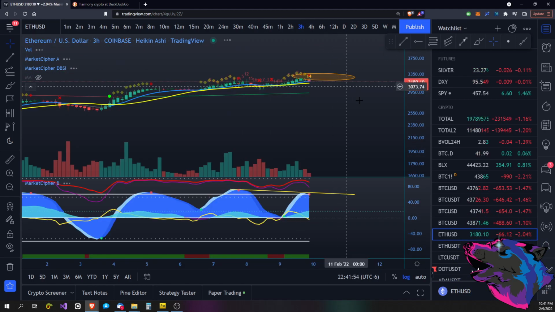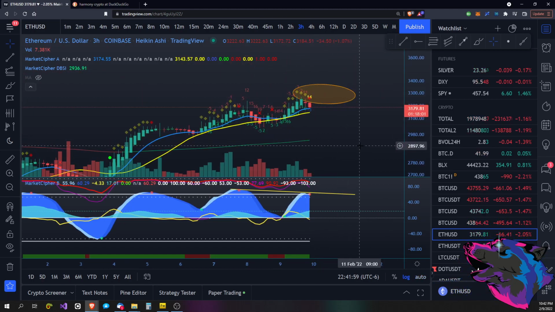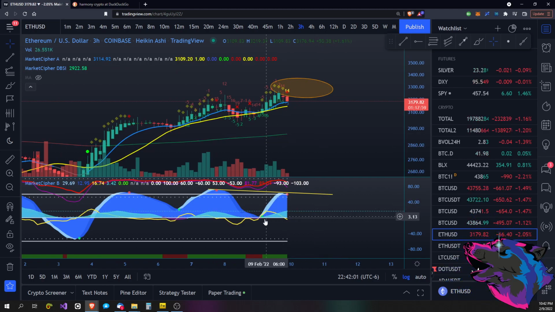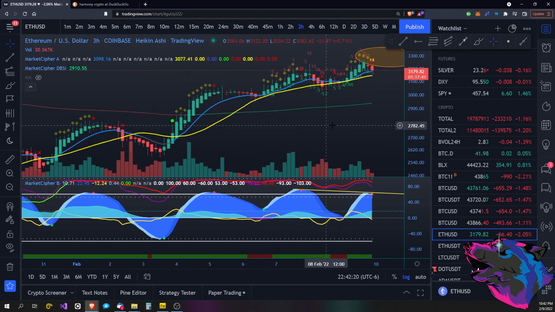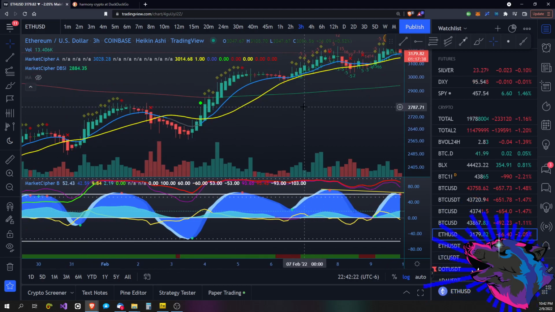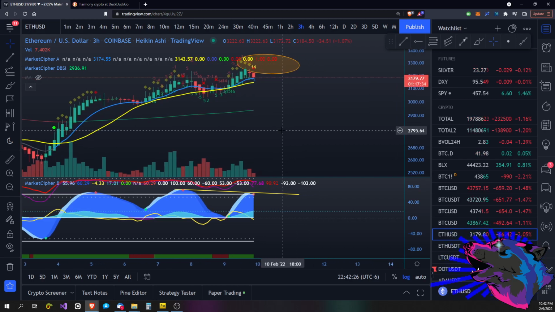Let's come back to a smaller frame here. What are we looking at? Coming into the red. Still, money flow decent considering. Pretty reminiscent of what we just saw right here. Got our little red diamond. So I'd say we got a little bit of pullback coming. How much? Yeah, too soon to say really, but